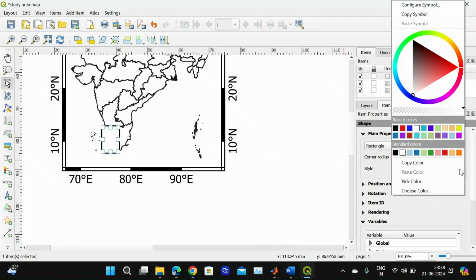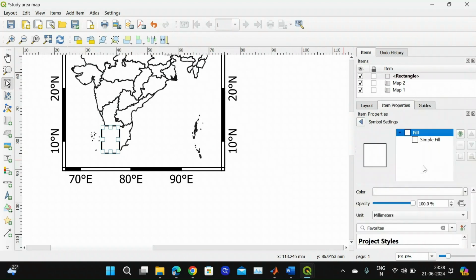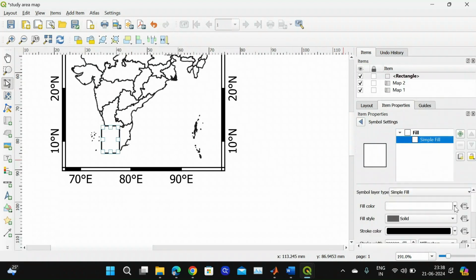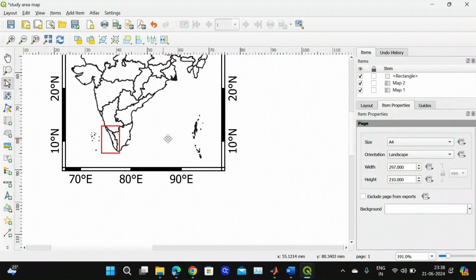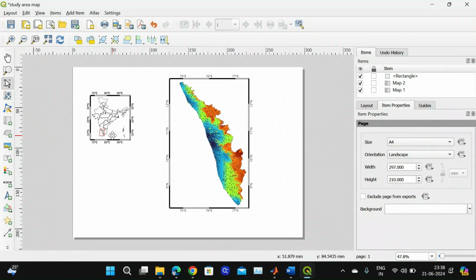Now in the style, let us configure the style as transparent fill and the stroke color to be red. So I am doing this to highlight the location of Kerala state in the map of India,